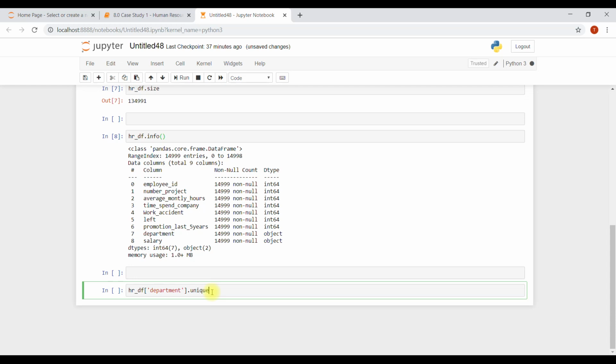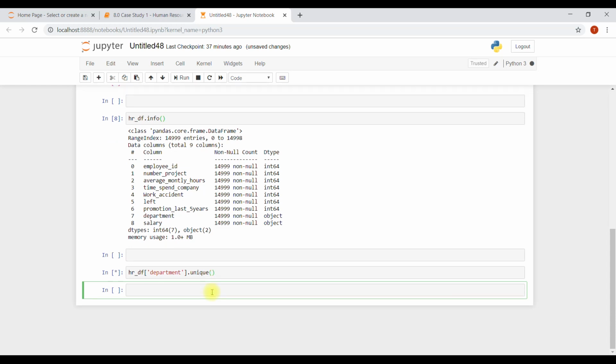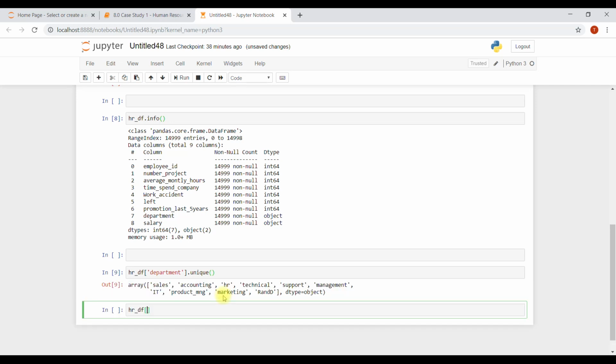That's how we call unique, and see, it's processing the data. Meanwhile, let me write HRDF, and we're going to call salary, dot same,